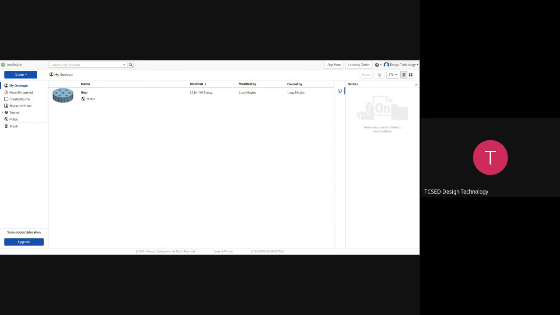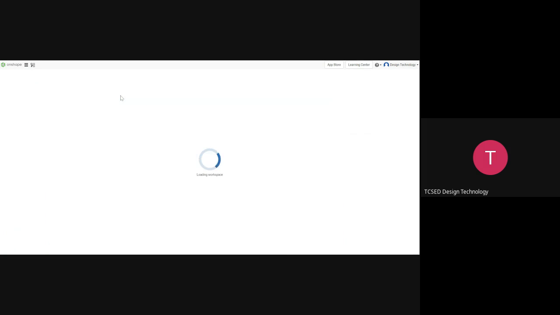Today we're going to be looking at how to make an orthographic drawing on Onshape from a model that you have created. So in your Onshape main page, if you go to Teams and then your class, you will see that you've had a document shared with you. If you double click on this to open it,